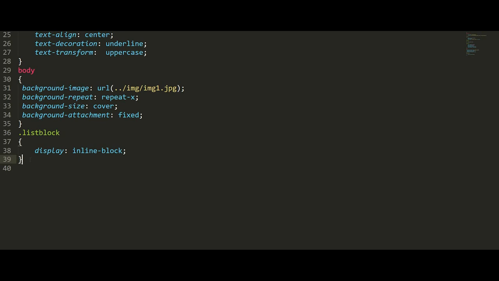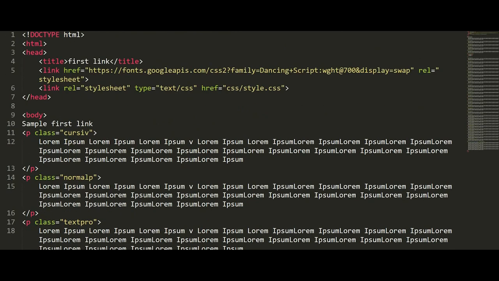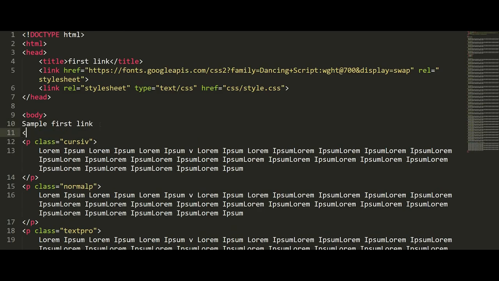So let me move on to the box property. Let me create a button by giving href.